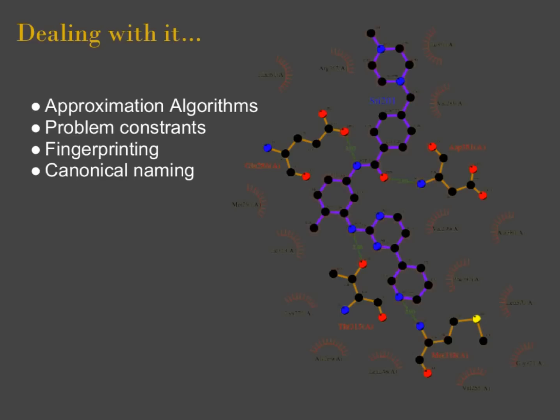This graph on the right here, you can imagine taking this, which is not an extremely complex structure, encoding it as a graph, and then trying to run subgraph isomorphism on a number of different compounds. You can see how that would get very costly very quickly. And so to deal with problems that are in NPC,